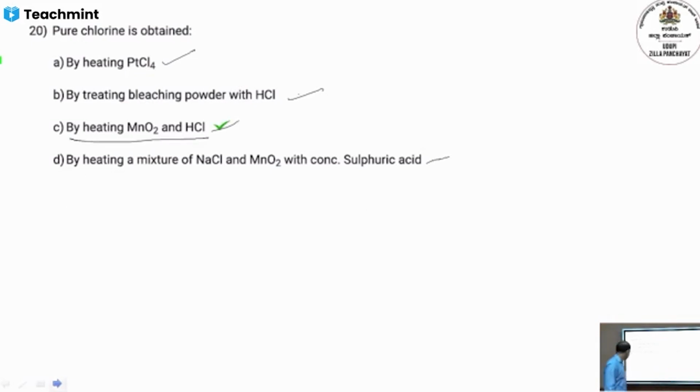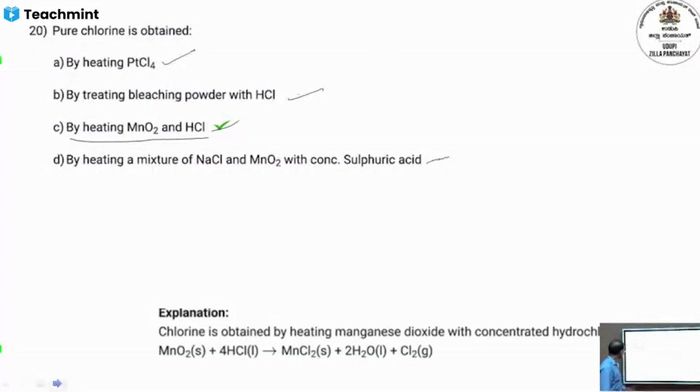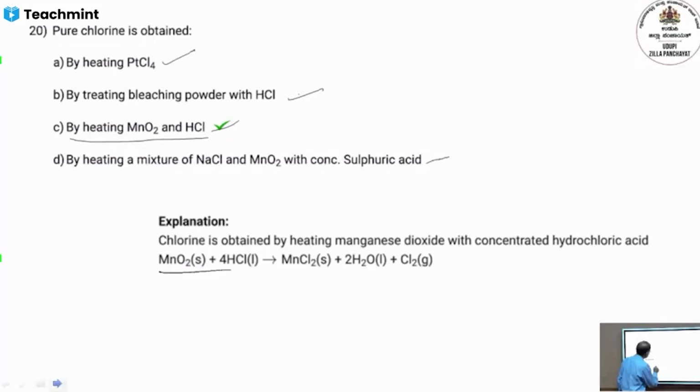And the next question, okay, the reaction goes like this: MnO2 plus 4HCl giving MnCl2 plus H2O plus Cl2 gas. So this is another method of preparation of chlorine gas. And the next one is